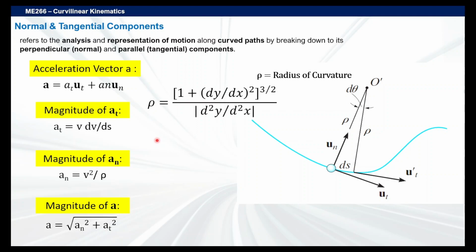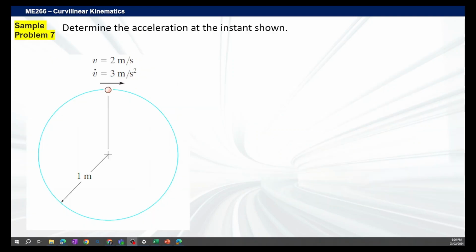Okay. And then, of course, the magnitude of a here is simply the square root of the perpendicular acceleration squared plus the tangential acceleration squared. But more on that later on the practical side when it comes to problem solving. So let's try solving. I think I have 2 sample problems here, and that's about it. So let's try solving the problem, applying our normal and tangential